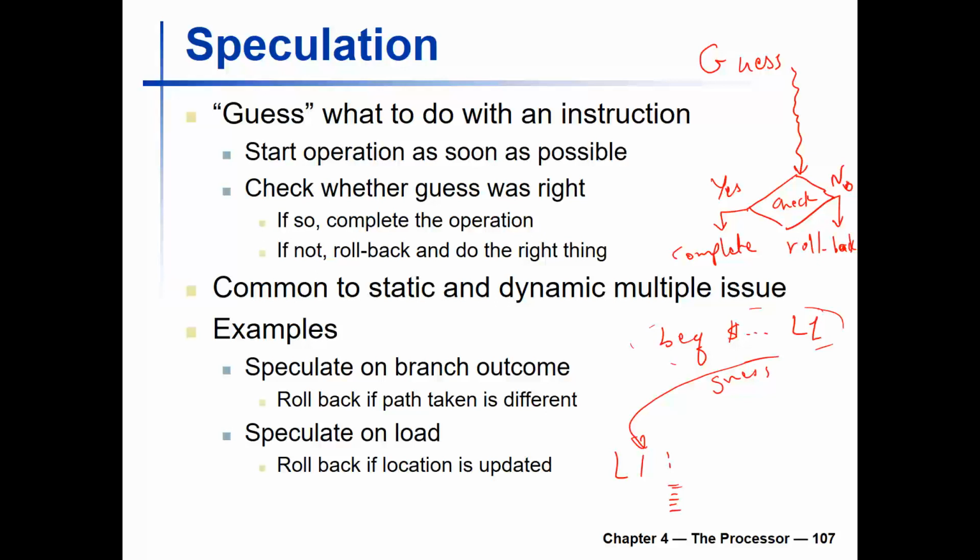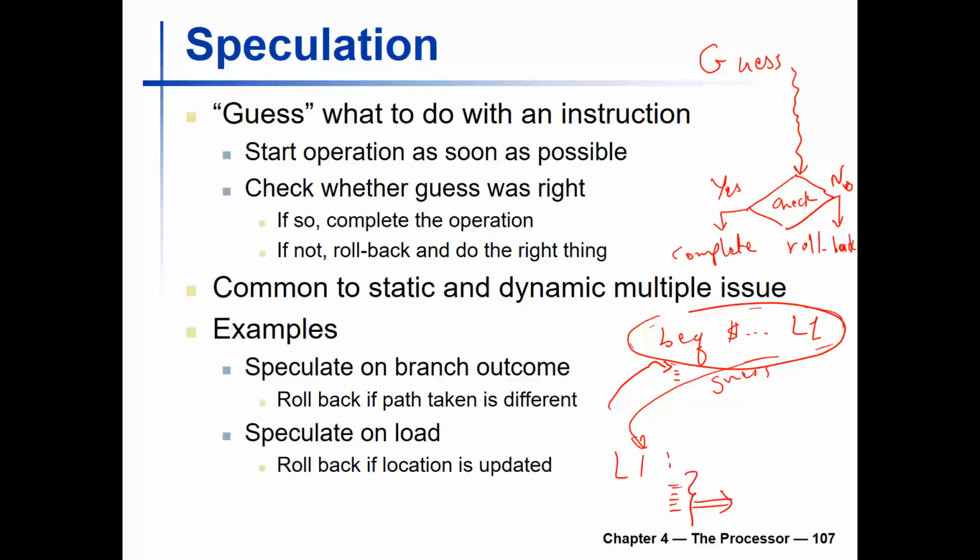Then I realized, whoa! After I executed this instruction, that was the wrong guess. So what do I have? I kick out these instructions, flush them, and I roll back and continue the execution in the right place. Okay, so basically